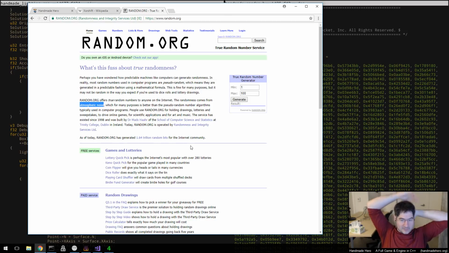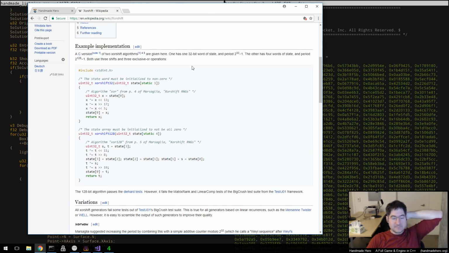Random.org claims that they get randomness by taking atmospheric noise. I don't know if that's really random, but they think it is, right? So if we assume that something like atmospheric noise is truly random, and we look at the distribution of numbers that we get there,